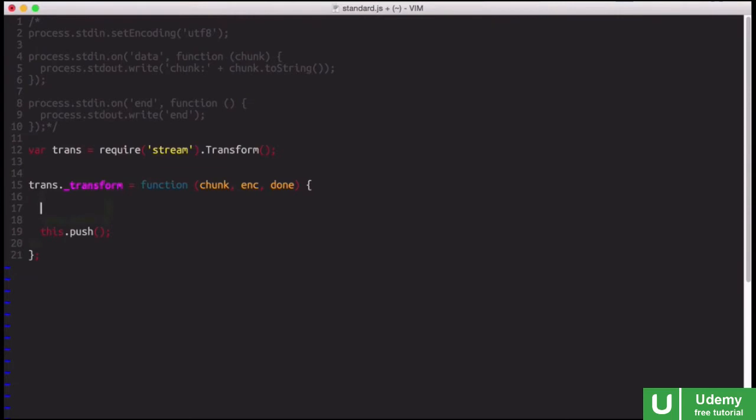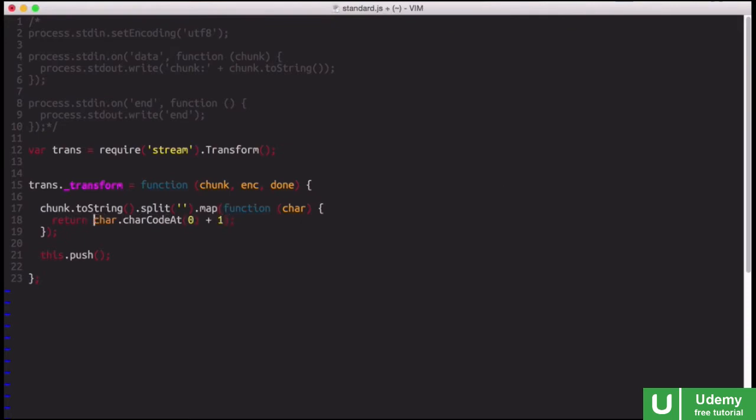So what we're going to do with this simple stream here is a kind of cipher. So let's take that chunk coming in, and it's a buffer, so we're going to convert it to a string, and then let's go ahead and split it so we have an array of all of the characters in the chunk, and then let's map over this array for each character, and then what we want to do is get the character code for this character. So the way we have to do that is by doing character.charCodeAt(0), and then let's add 1 to that so that we shift it 1 character to the right,